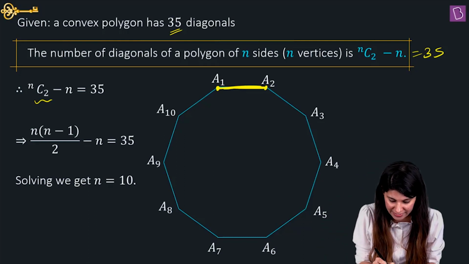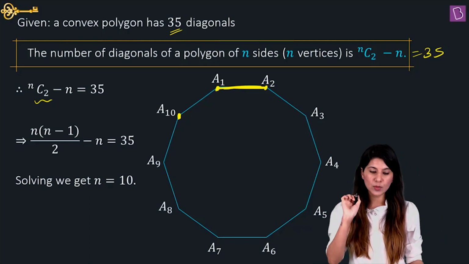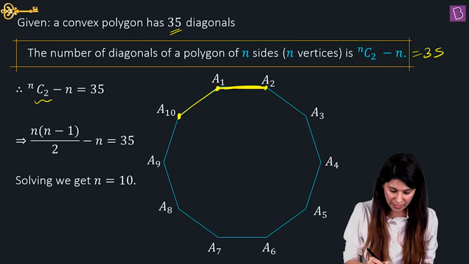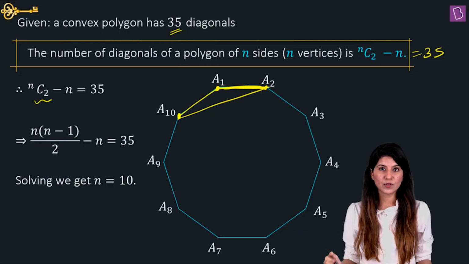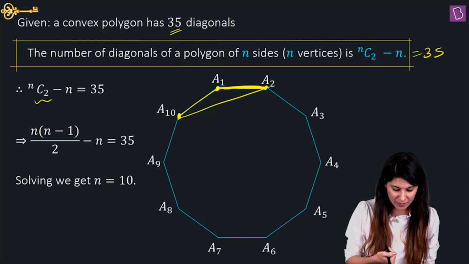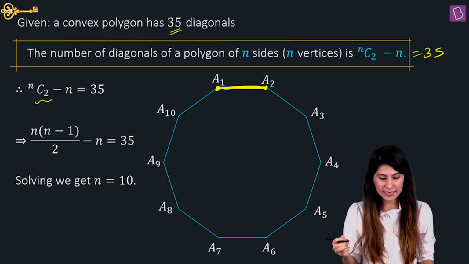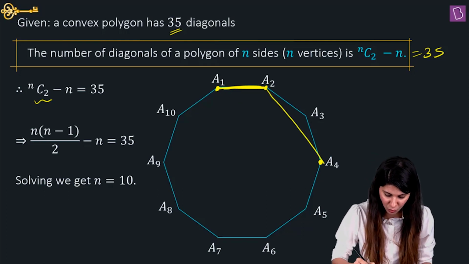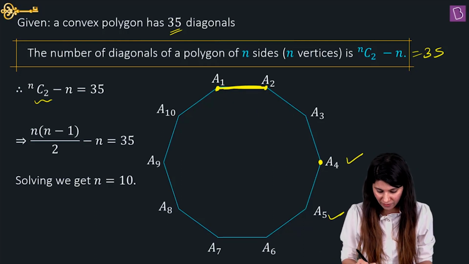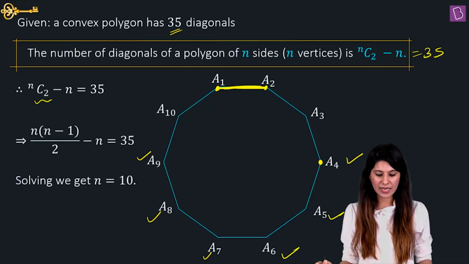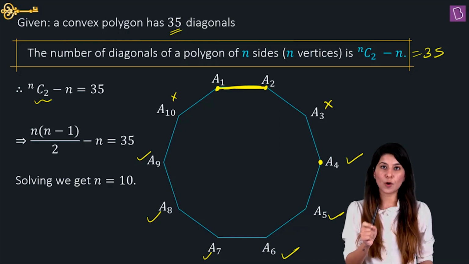That simply means that if I select A1 and A2 as two vertices, I need just the third vertex. If I select A10, then the triangle will look like this. But I don't want two sides to be common between the triangle and the polygon, isn't it? So that simply means A10 cannot be our third vertex, and similarly A3 cannot be. So how many vertices can be possible? A4 can be possible, because if you draw a triangle, you can see exactly one side is common, right? So A4 can be the answer. A5, A6, A7, A8, A9. Just these two cannot be your answer. So if you fix one side A1, A2, you have 6 options, right?